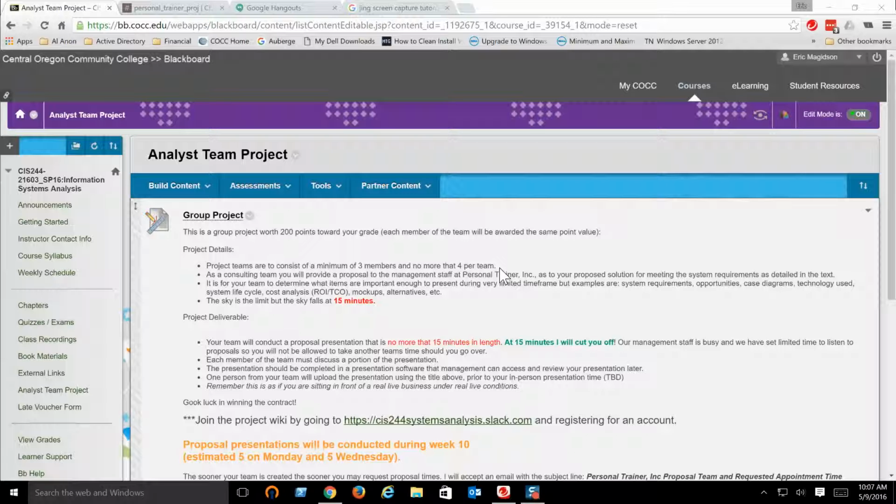It says, as to your proposed solution for meeting the system requirements as detailed in the text, and of course additional questions you may ask me. It is for your team to determine what items are important enough to present during your very limited time frame. But examples are system requirements, opportunities, use case diagrams, technology used, system lifecycle, cost analysis, mock-ups, etc. However,